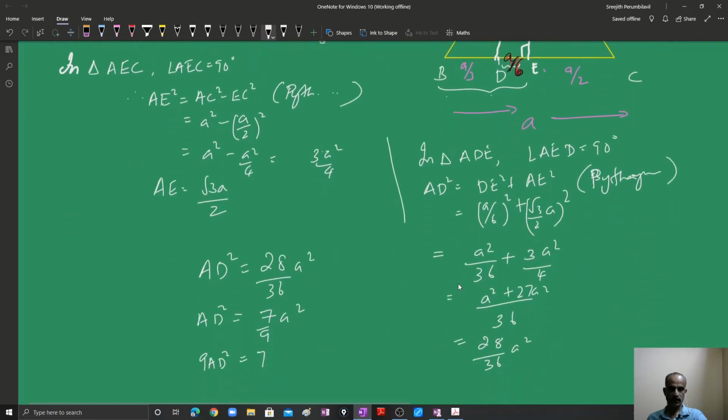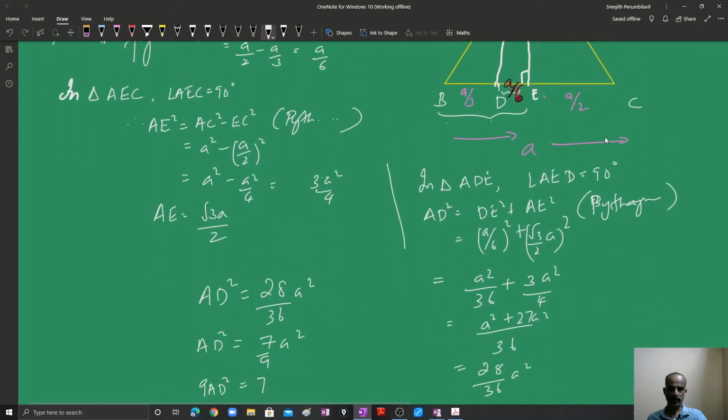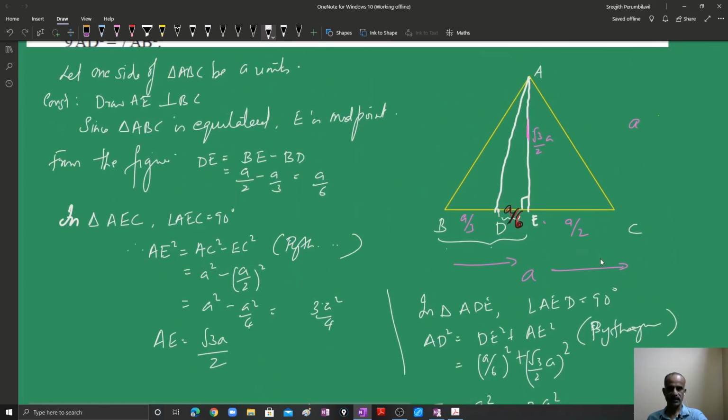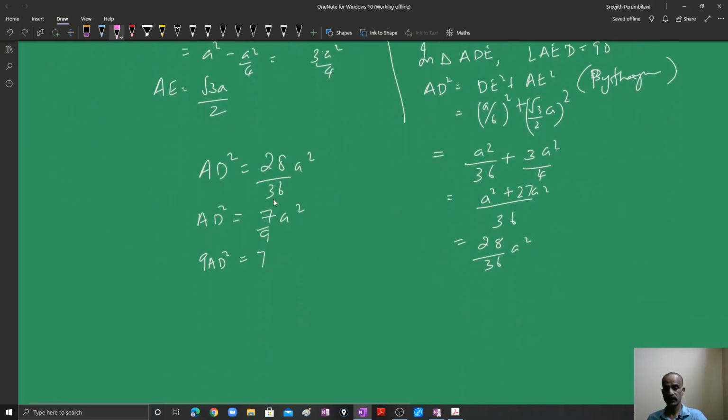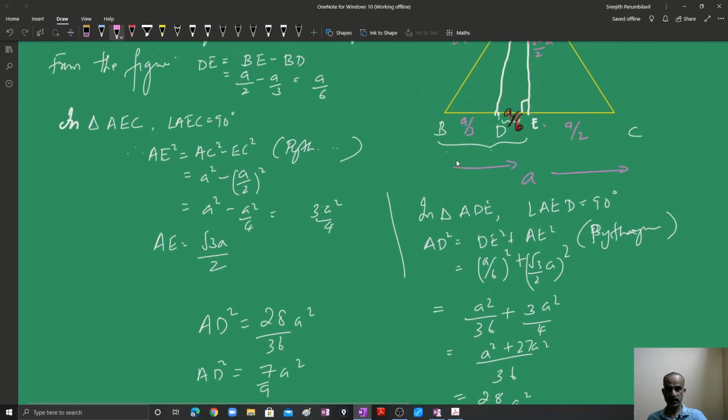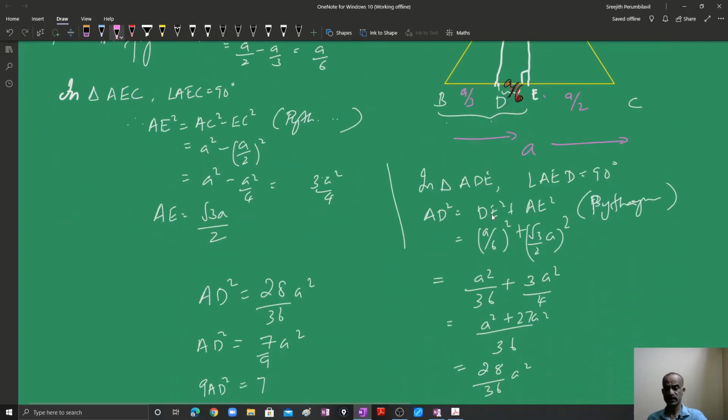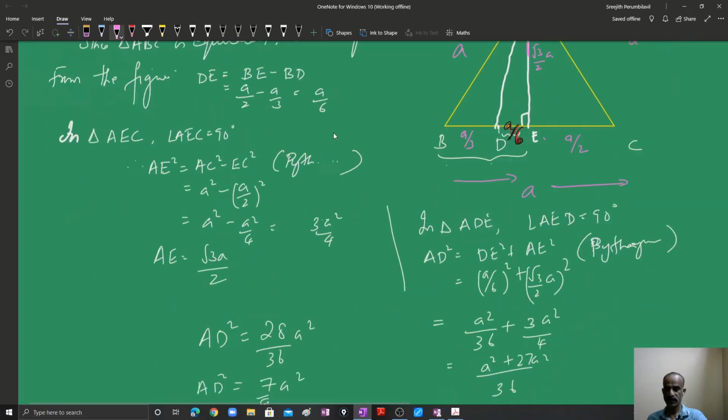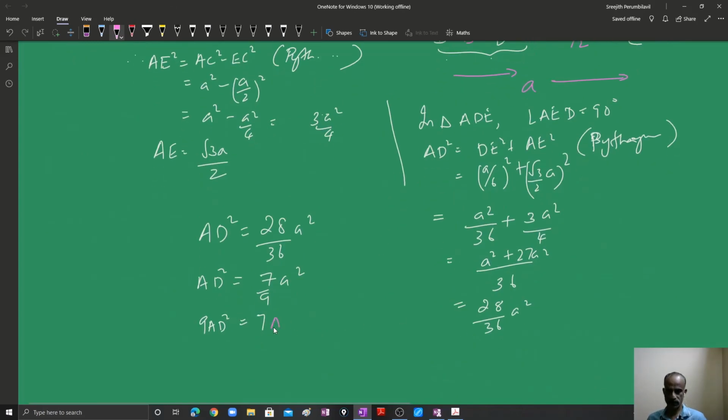Where did you get that? Small a is the side of this. Any side you can put there. You can say put BC, AB, anything. For board they can ask it anyway. What is a? A is the one side of the equilateral triangle. You can take any side. Which side is asked? 7 AB square. So put it as AB square, and that's the proof.